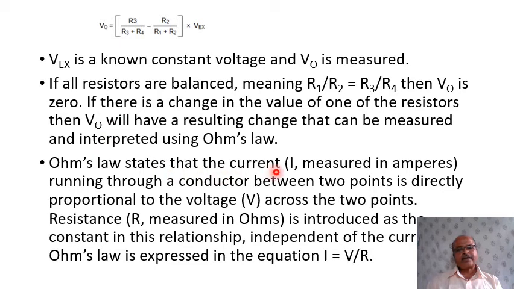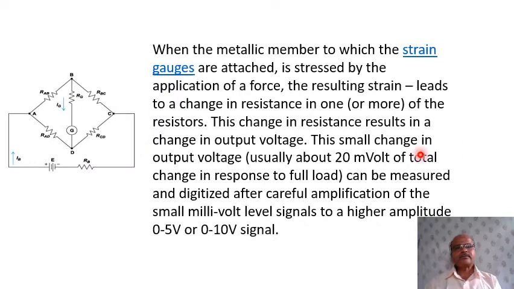Ohm's law states that the current running through a conductor between 2 points is directly proportional to the voltage across the 2 points. Resistance is introduced as the constant in this relationship, independent of the current. Ohm's law is expressed in the equation I equals V by R. So when we attach strain gauges to this Wheatstone bridge, and the metallic member to which the strain gauge is attached is stretched by the application of force,